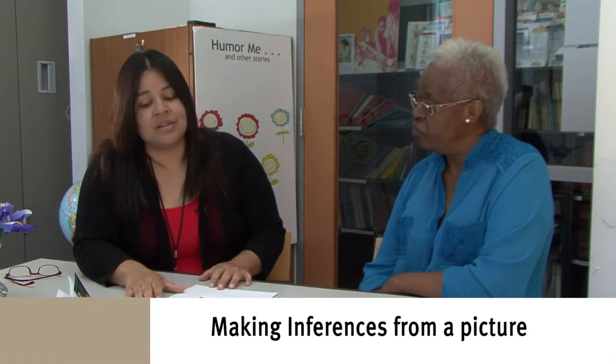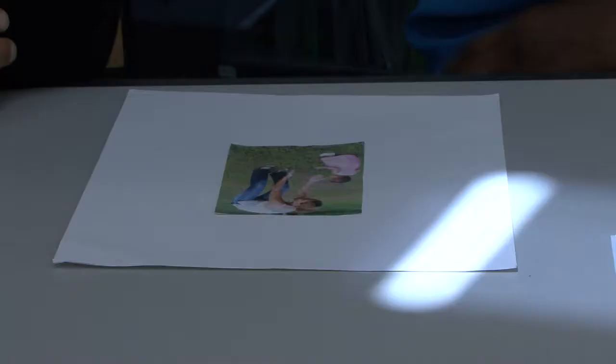So the second way that we're going to be talking about inference today is making an inference or inferences from a picture. So can you tell me, what do you see in this picture, Debbie? I see a little girl that's about 2 years old and a mother that's telling her to come to her. And can you tell me, why do you think that's the mother? Because she has her hand out. And where are they? They're in a park. To me, they're in a park. What kind of feeling do you think is in this picture? Very loving,